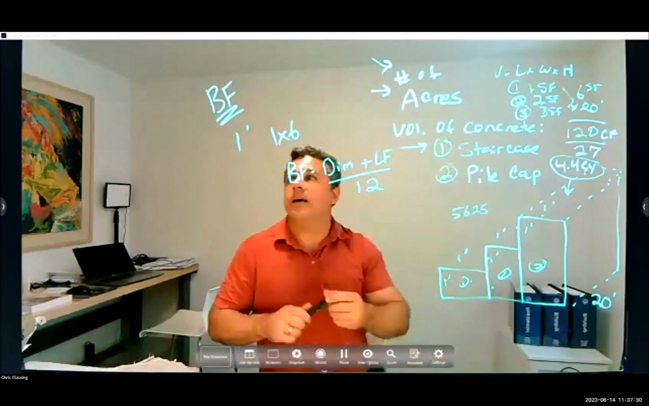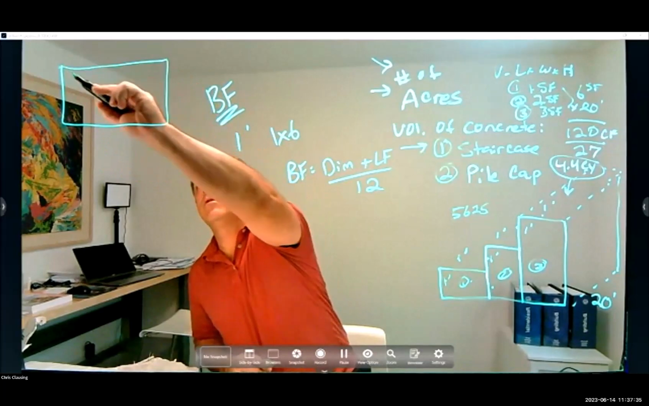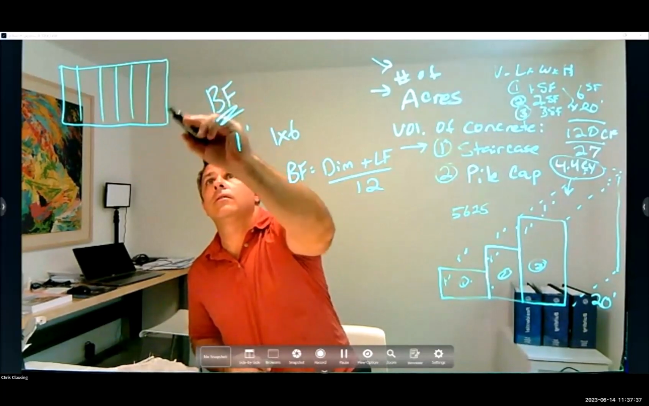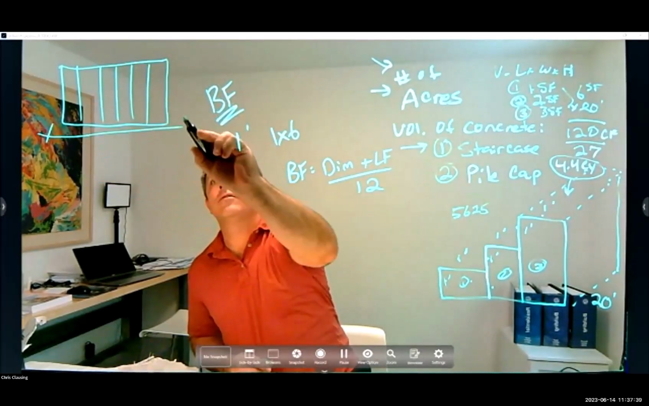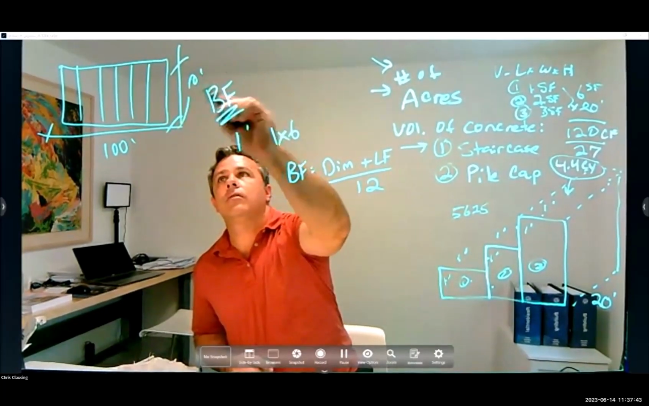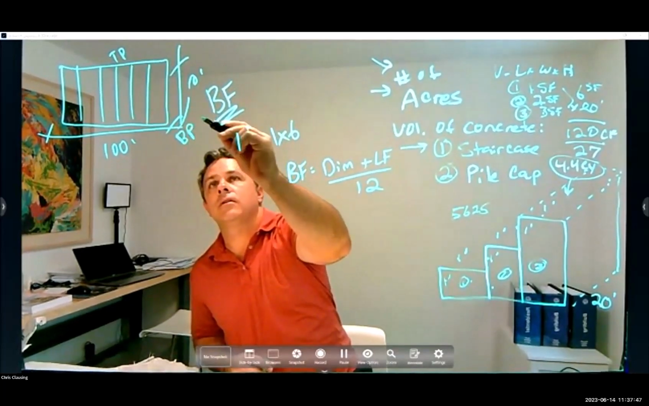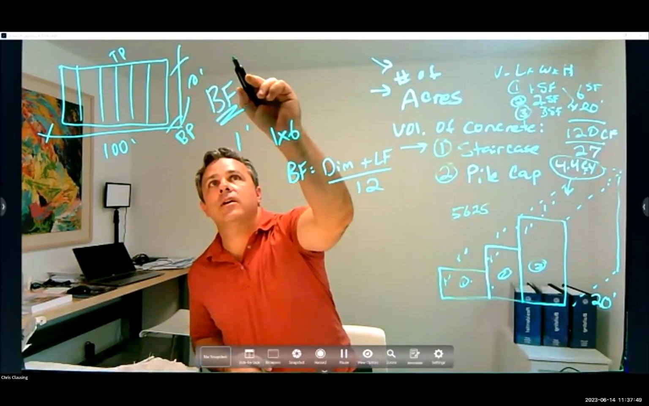So we've got a wall, studs, right? The wall is 100 feet. It's 10 feet tall. We've got a single top plate and a single bottom plate. And we've got spacing